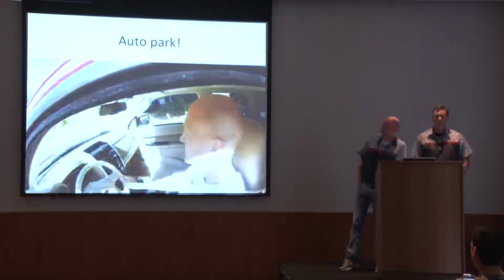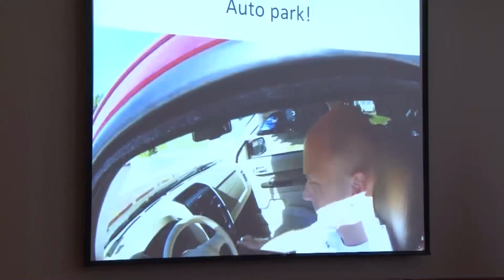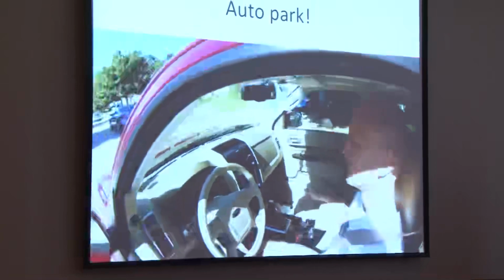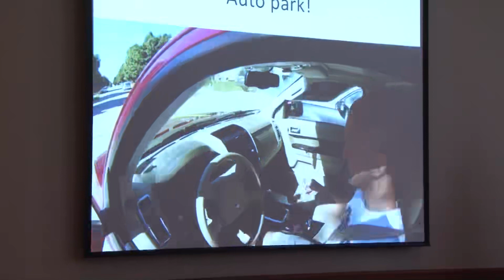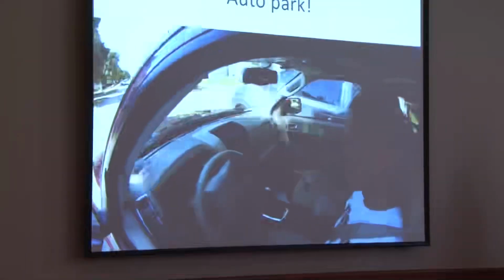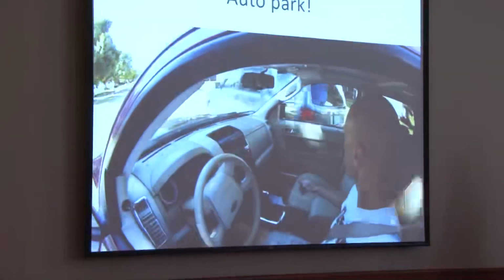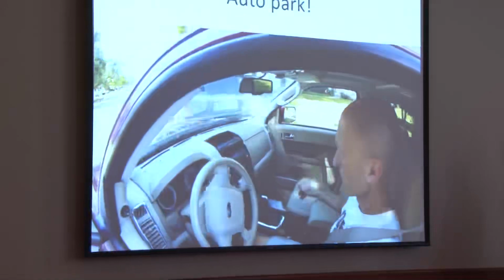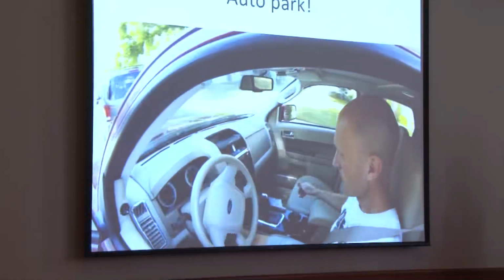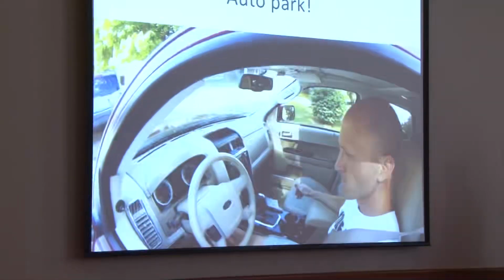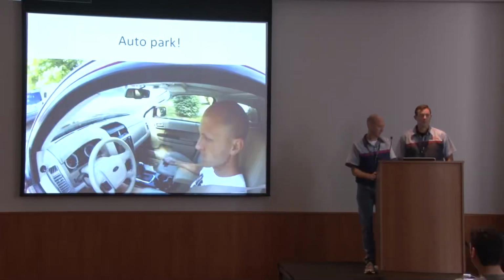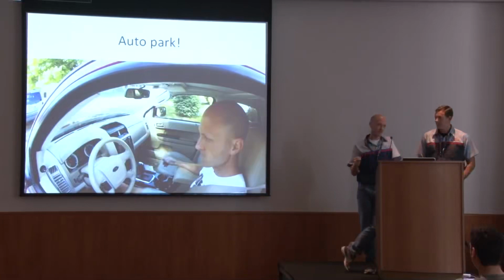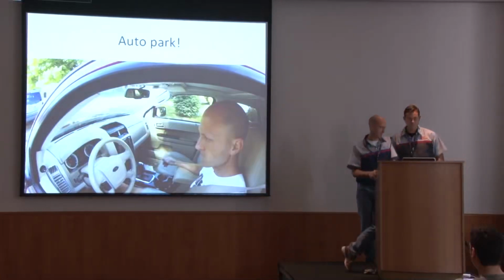So this is me driving in my neighborhood. So you look, I put it in reverse, and I'm not going to touch the steering wheel anymore. I put it in gear, and I'm driving, I'm accelerating with the gas pedal, but the steering wheel turns automatically. And then the car, that's it. So the auto parking in the Ford controls the steering, but not the gears and not the gas or anything.